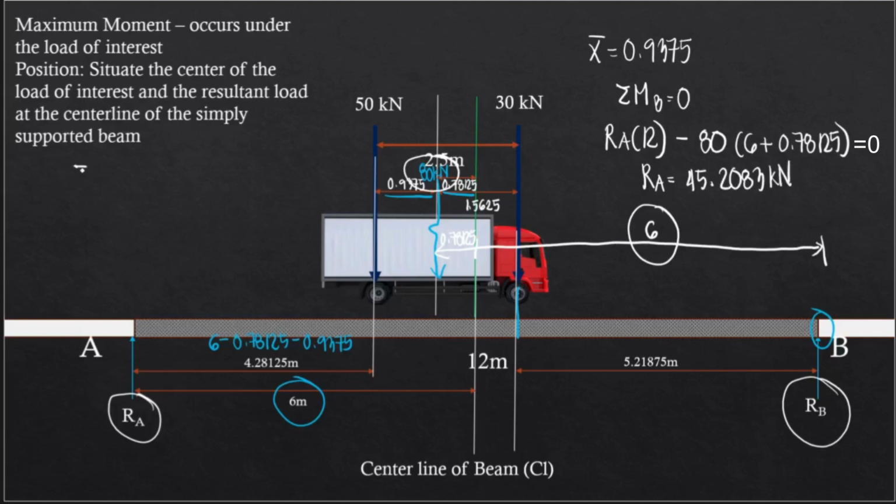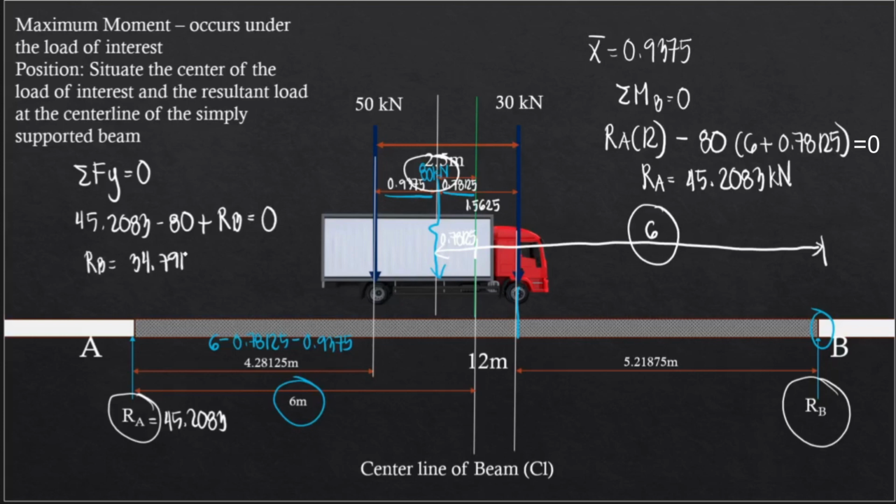And then we can also solve for RB. We can sum forces along Y. We have 45.2083, and then minus the resultant, which is 80, and then plus RB. Setting this to 0, we have RB equal to 34.7917. Now we can actually cut the beam at this point because we want the moment, the maximum moment under